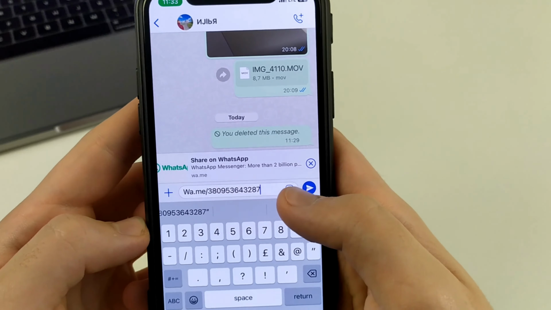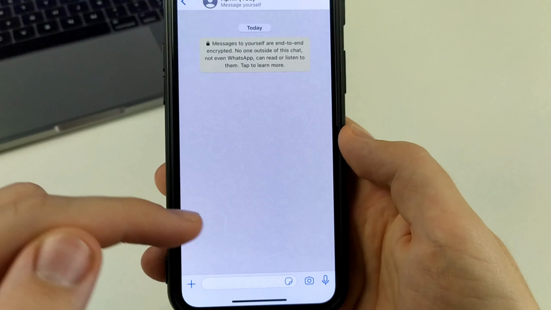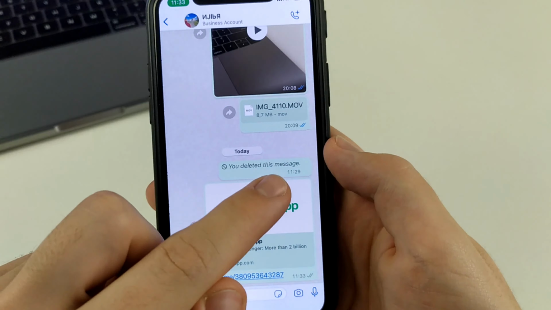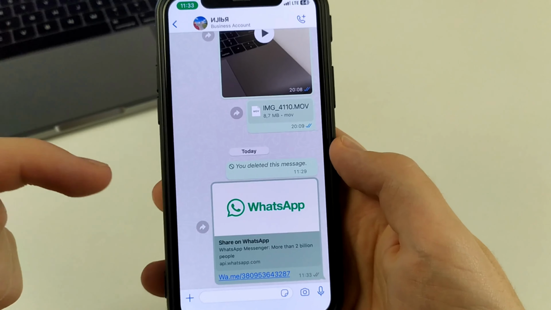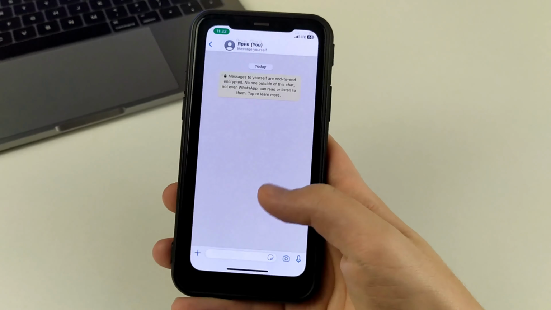As you can see, this is a link to my account. Now I can copy it and send it to someone. And when they click on it, it'll open up my chat room. There it is, my chat room. And the person can write me any message. So we go in, copy this link, send it to any person. He clicks on it and goes straight to our page.